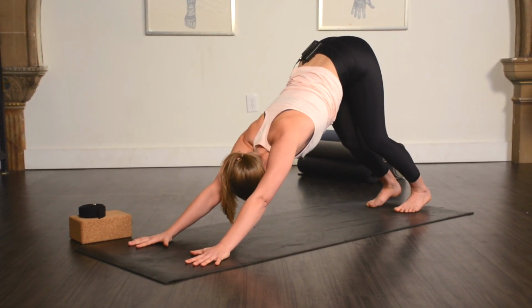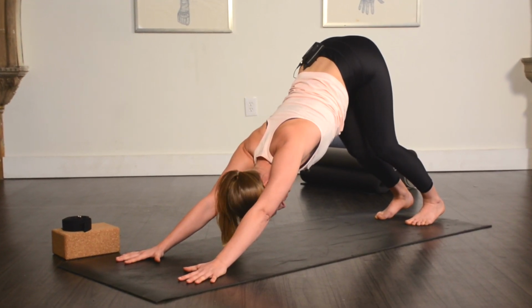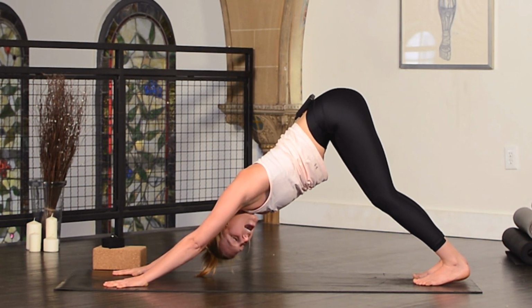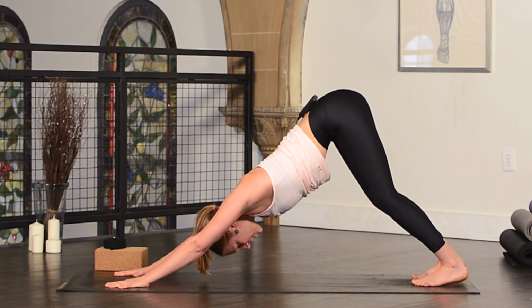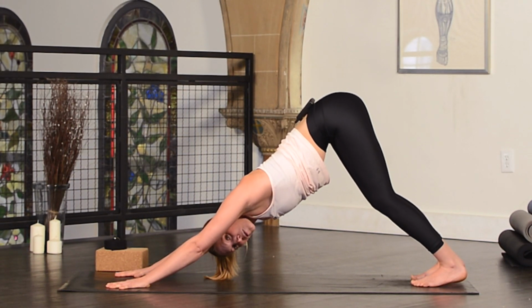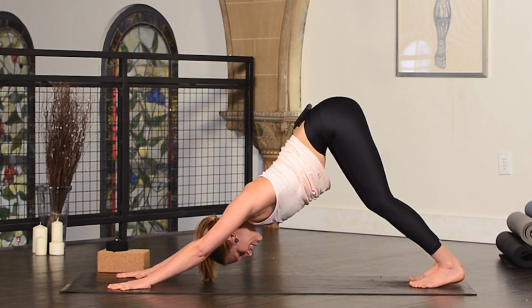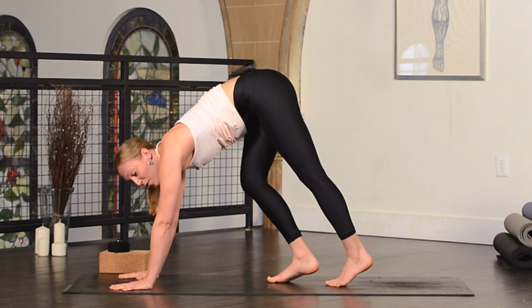Every pose, we take a nice big breath to get our body and our mind into the posture. Good. And then make your arms straight. Let your head kind of hang at this awesome neutral position. Just starting to unlock tension from your body, both your legs, your shoulders, your back. And then look forward to your hands and take a couple of baby steps, no rush, to the front of